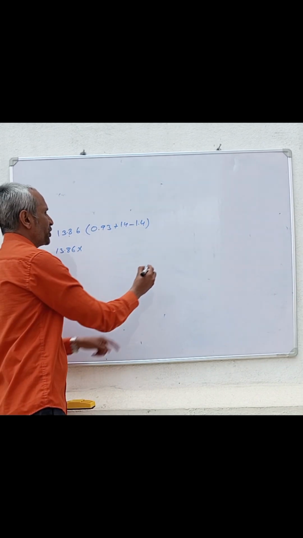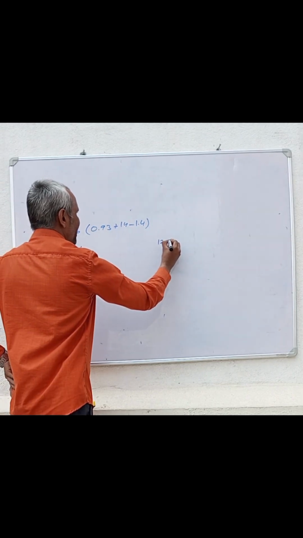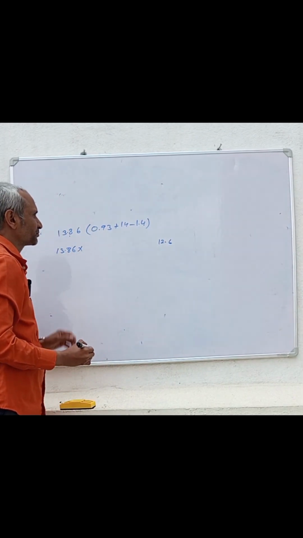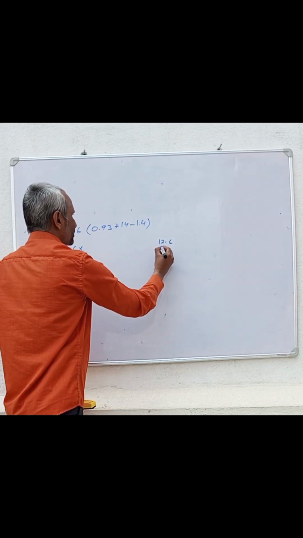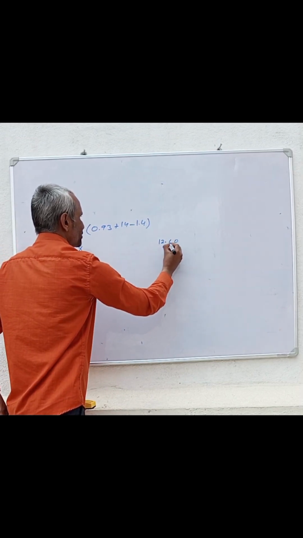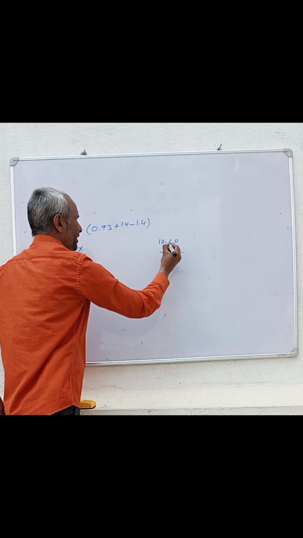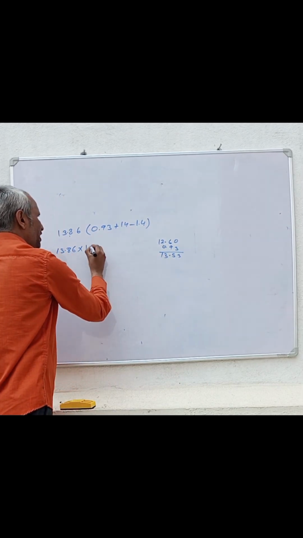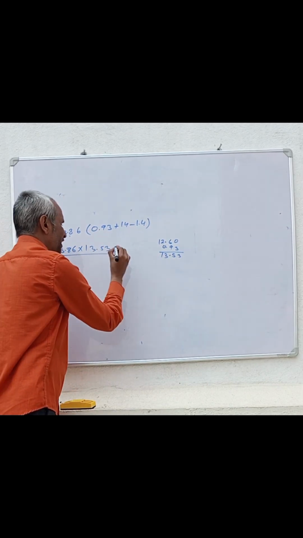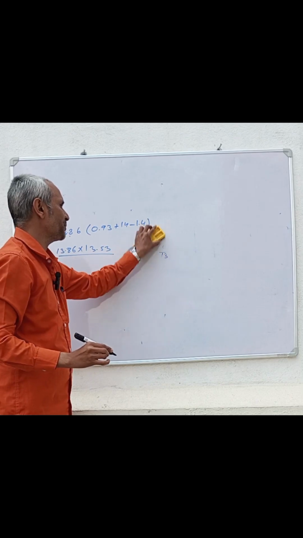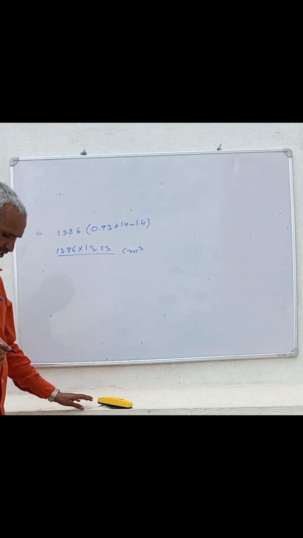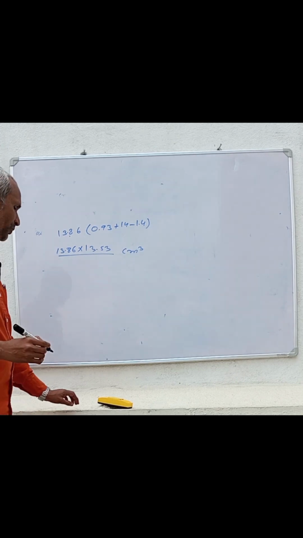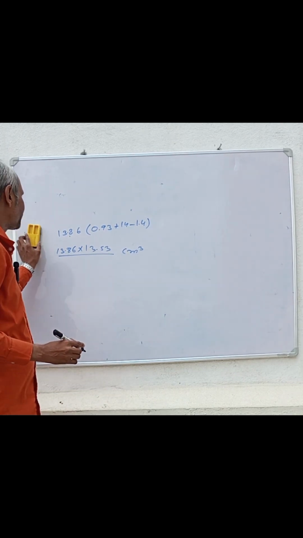14 minus 1.4 is equal to 12.6. See, and then this one number by adding 0.93. Here 0, 3, 15, 1 carry and 13.53. If we multiply this number, that will be the centimeter cube is the volume of the solid, given solid, this number. Now we are going to the next 4 marks question.